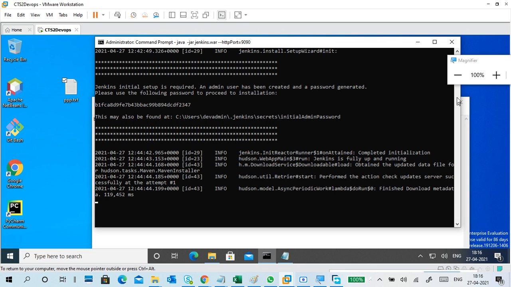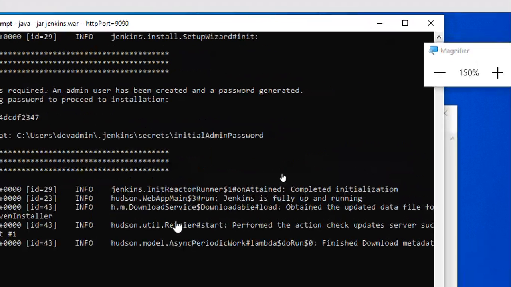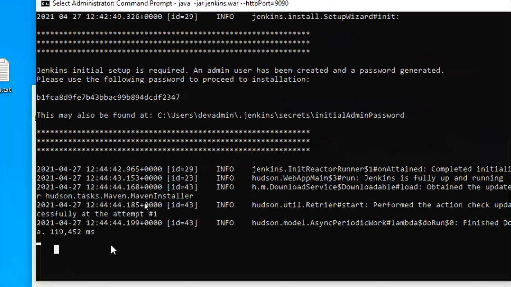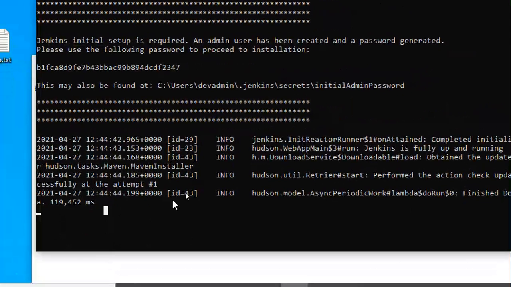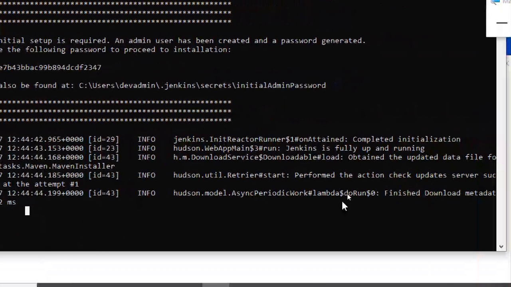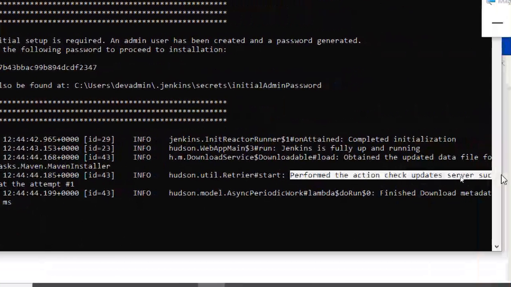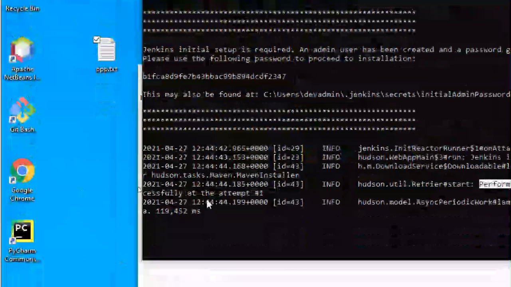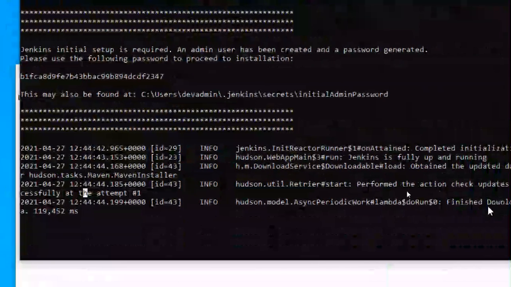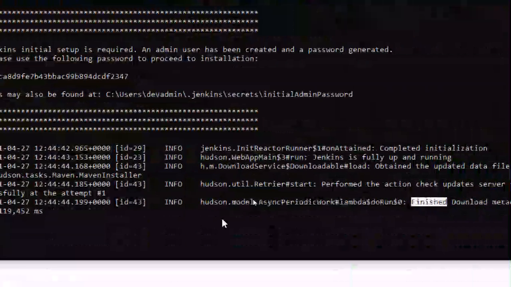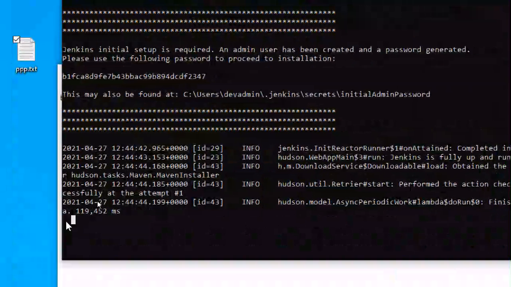That's okay. Here you can see finish downloaded metadata. Before this, it performed the action check update server successfully at attempt. Next it shows finish download metadata, and next you will get Jenkins fully up and running.